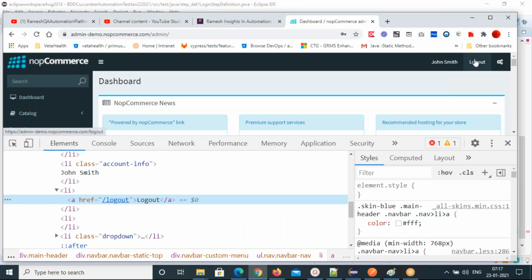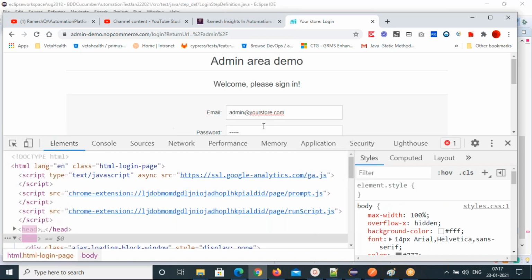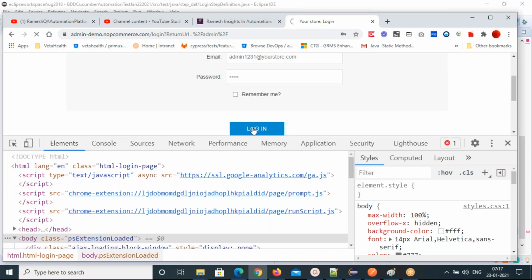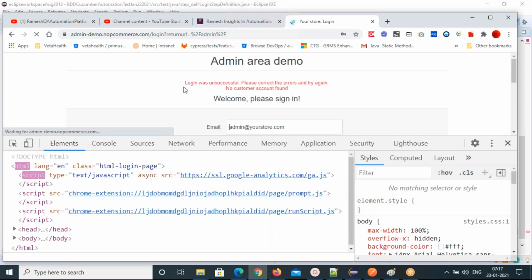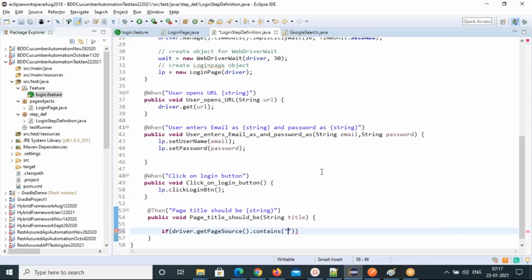That means you are on the same page. If you give invalid data and click on this, I'm just checking this part. If this is there, that means you are on the same page.